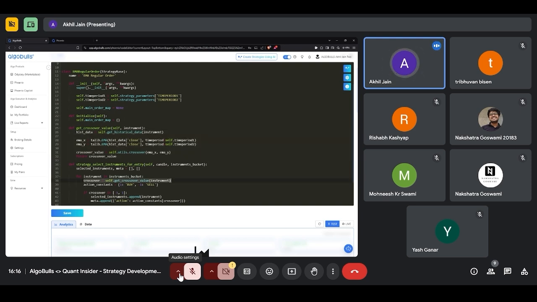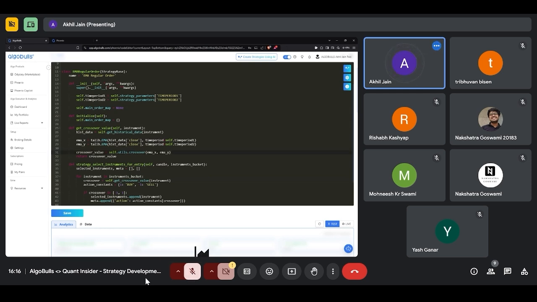But just for the sake of clarity and readability, we have created a method outside, and we are asking the method, just tell us whether the crossover is 1, -1, or 0. So this particular line is going to give me three values: 1, -1, or 0. 1 is crosses over, -1 crosses below, and 0, there is no crossover.